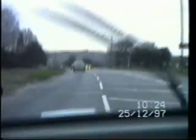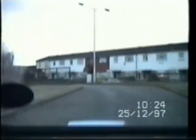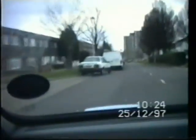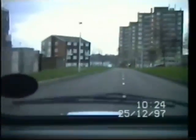We're now going to turn onto the newest part of Addington. This is Field Way. And as we're on to Field Way now, this was built in about 1962-63. And as you can see, it's a sprawling...